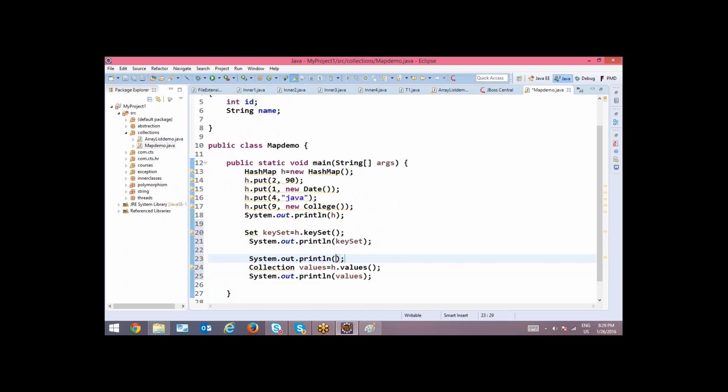This is going to print all the list of objects. Here all the list of keys. Here together it is printing key value pairs.